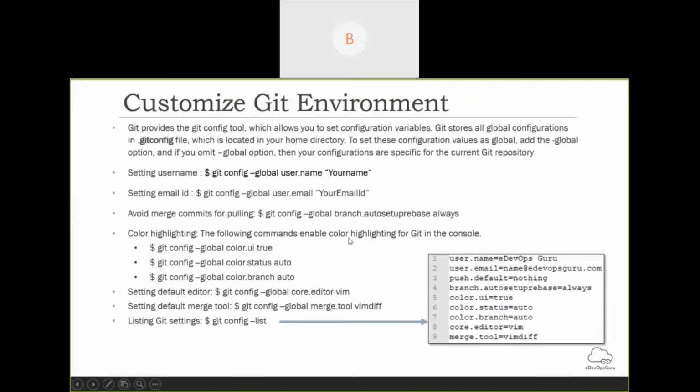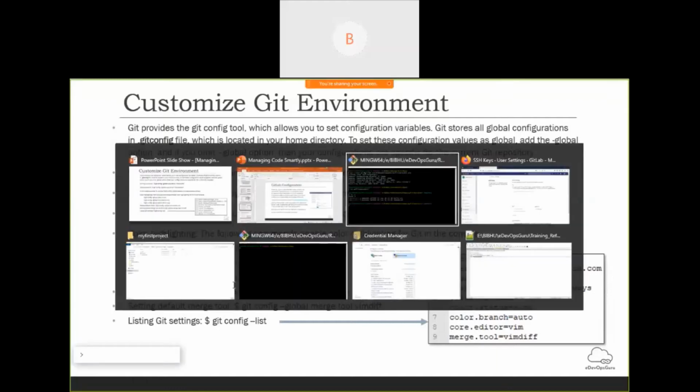So now we'll go to the basic commands of Git. Before moving on, you can configure your username and email ID in the config file, so that whenever you make any changes and push them, your name will be visible, and that will also be visible in the log history, so that it can be easily tracked who has done which changes and which commit belongs to which person.